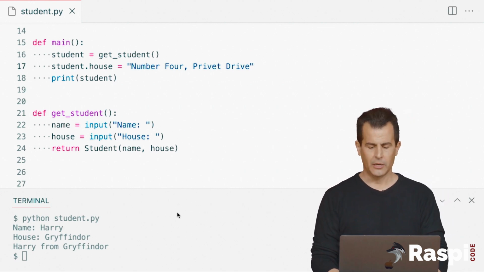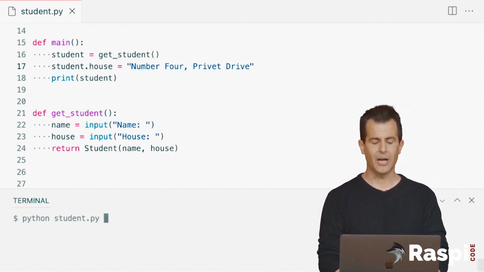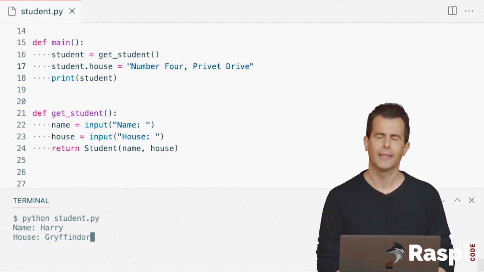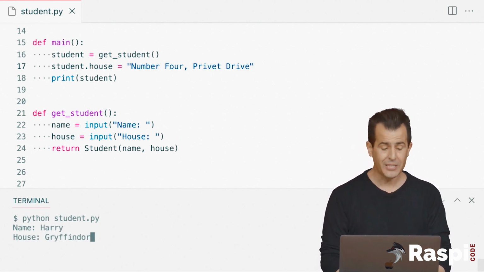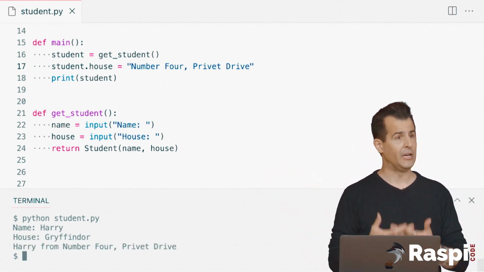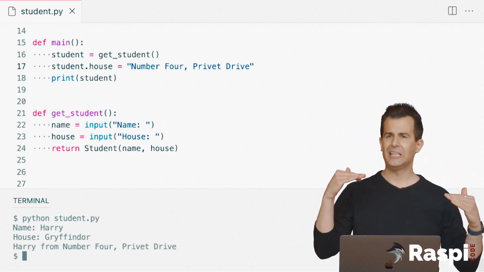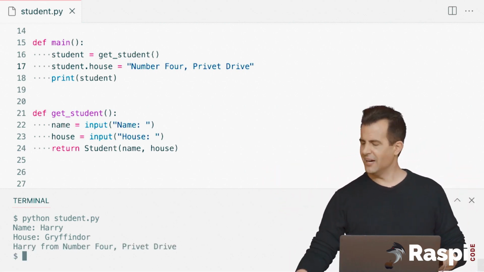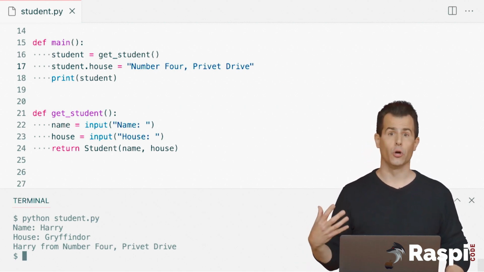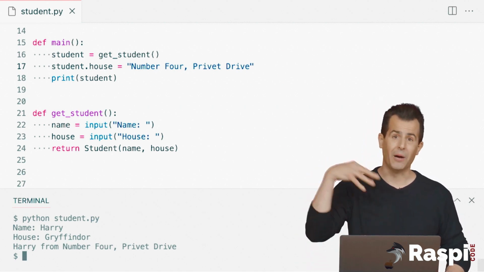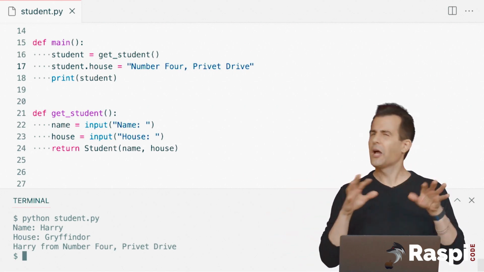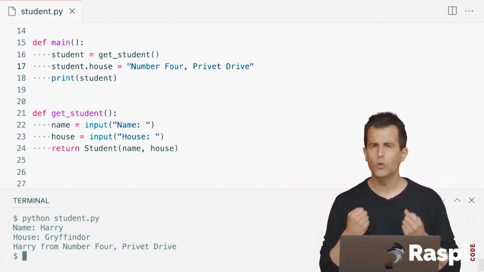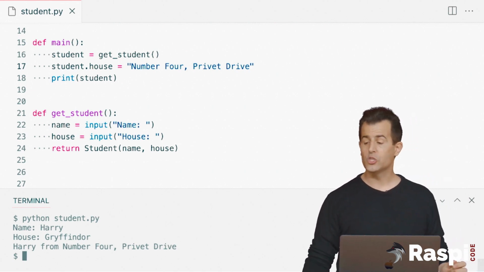So if I now clear my terminal window and run Python of student.py, I'll still type in Harry and Gryffindor to meet my requirements that the house be one of those 4. But when it's printed, notice I've still overridden it. So it seems that while classes do allow us a little more control over the data we're storing, it doesn't necessarily prevent the user, or rather the programmer, be it myself or maybe a colleague, from still kind of messing things up. So here too, in the spirit of programming a little more defensively,